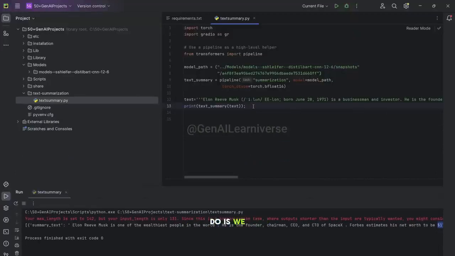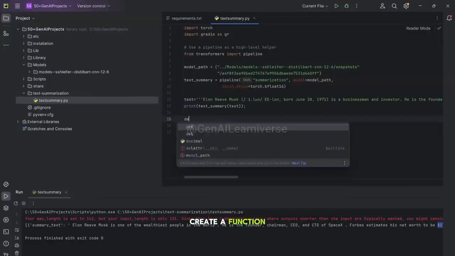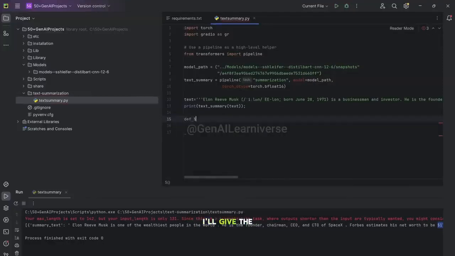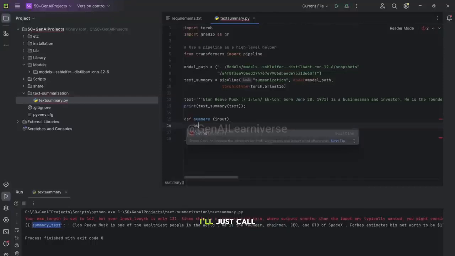So what we are going to do is use Gradio for giving it a nice user interface, right? That can be shared with anyone and they can also try and utilize this application. To do that, I'll create a function, because Gradio always accepts a function. I'll give the name of this function as summary. So let's define a function called summary, and it will accept a single parameter. Then inside this function I'll call the text summary function again,